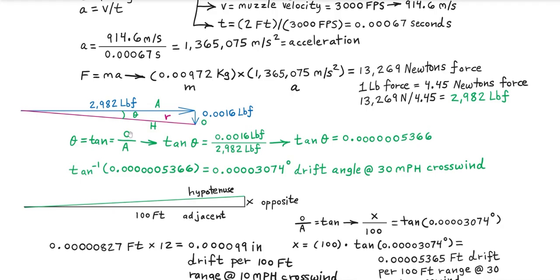So when we're dealing with opposite and adjacent, O over A, that is tangent. Cosine is adjacent over hypotenuse, and sine is opposite over hypotenuse. So we'll use tangent. In this case, we can divide the opposite side, the crosswind drag force, by the force accelerating the bullet. And then we have tangent theta, some angle unknown, equal to this ratio value here,